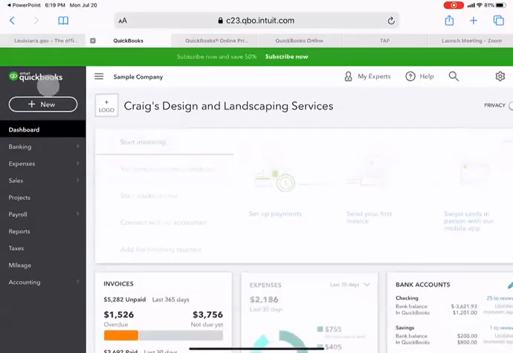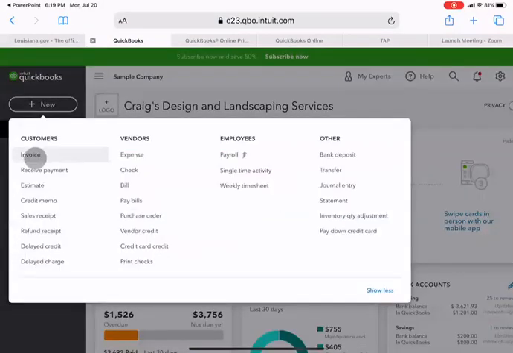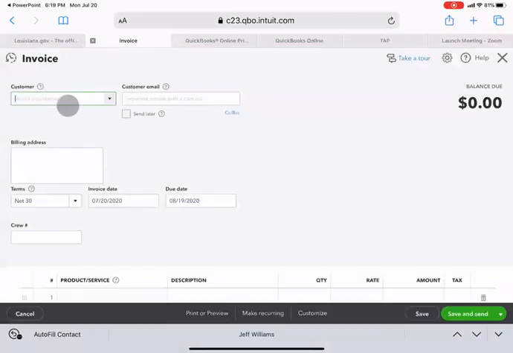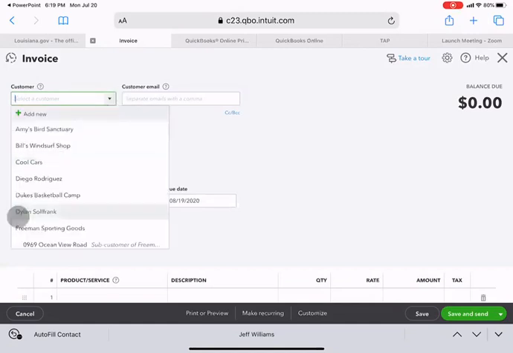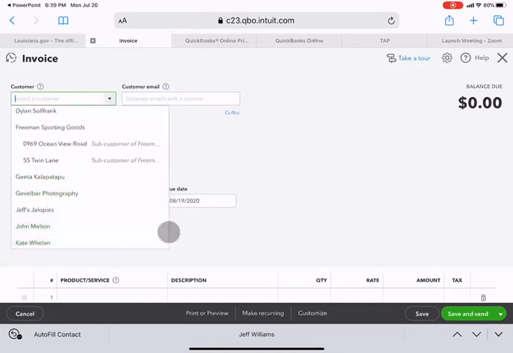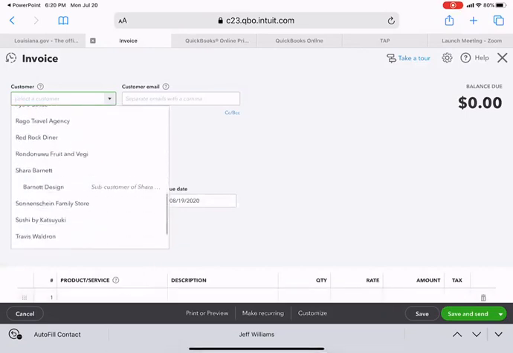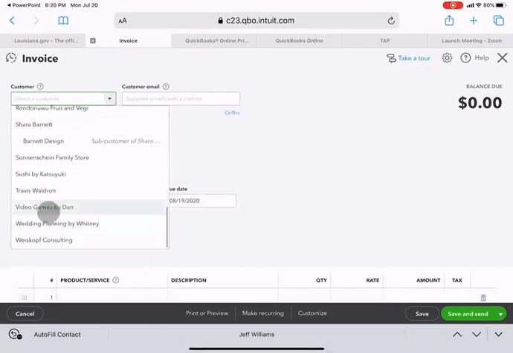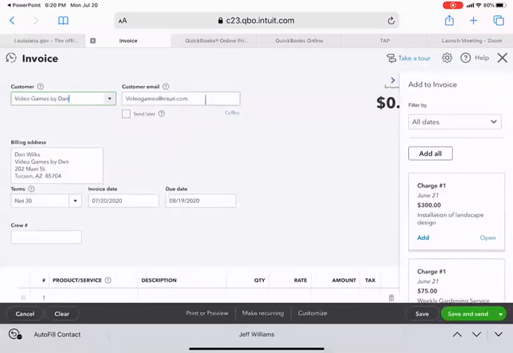Okay, we're gonna press New, then Invoice. What we're gonna do is look for a customer in here. We're gonna press Video Games by Dan. Then it has a customer email and billing terms of 30 days that's defaulted, the invoice